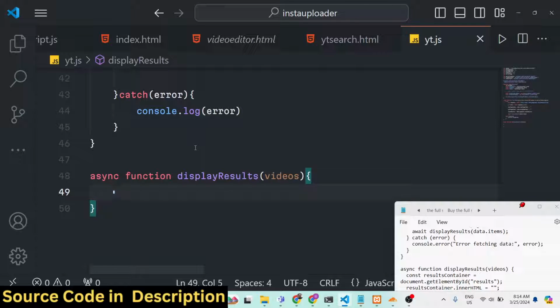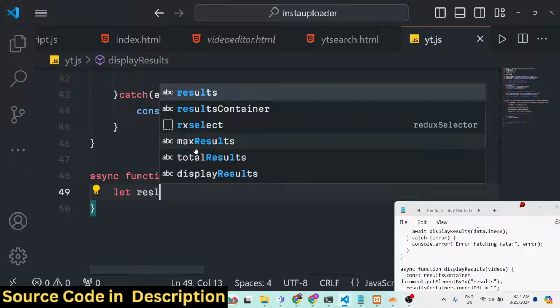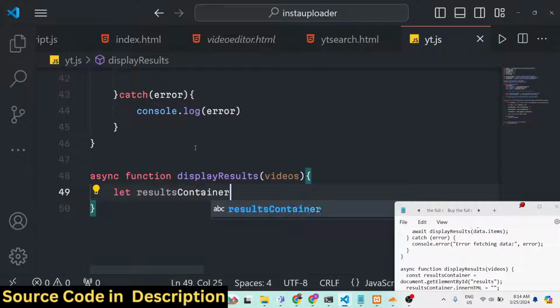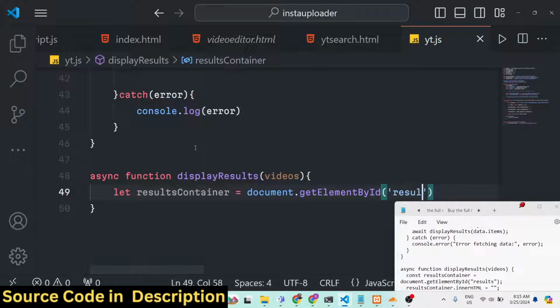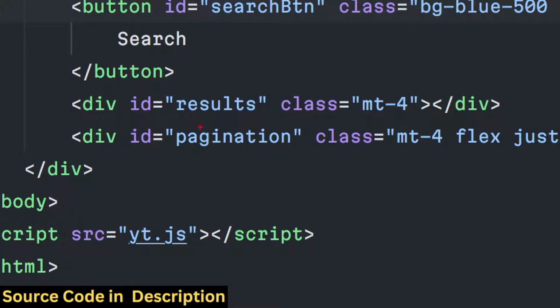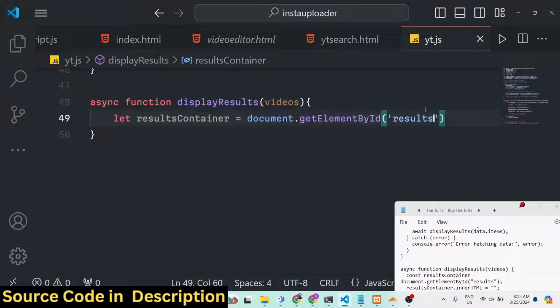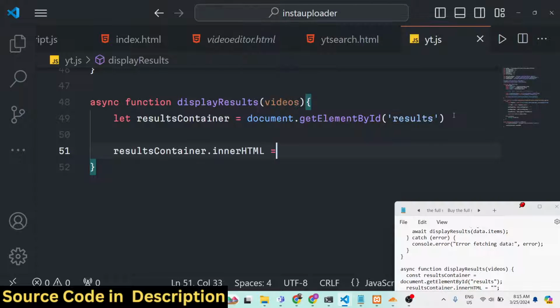Now to display these videos on the screen, we will make a results container, and right here we will say document.getElementById results. So you can see we are targeting the results ID that we have given. This is a div section where we will show all the videos. We have given the ID, so we are targeting it by its ID. After this, we will say results container dot inner HTML. We will clear out the previous one like this. This line is very important because if you